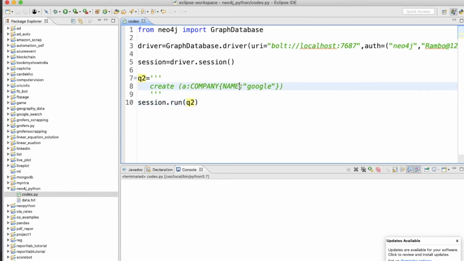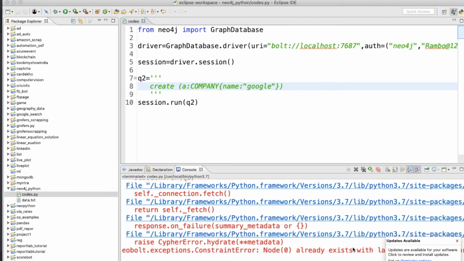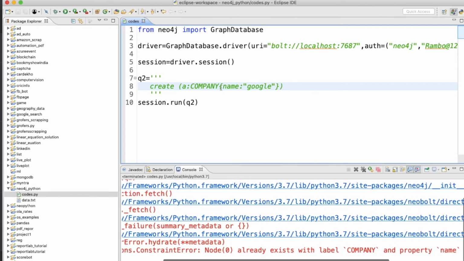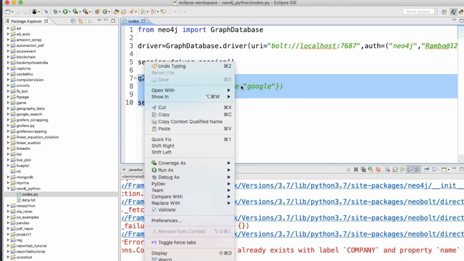Okay, let's see. Yes, so okay, now what I'll do, I will try to drop this thing, and I will try to create this thing again. So